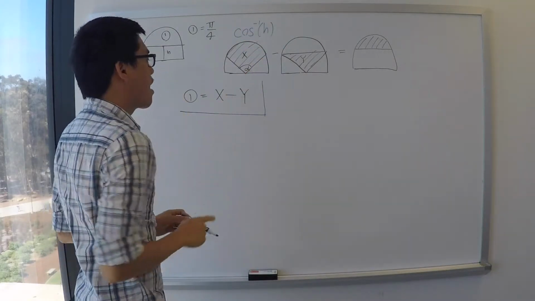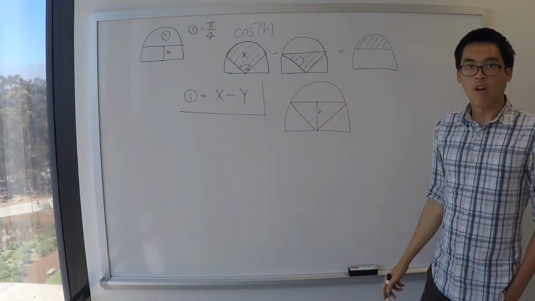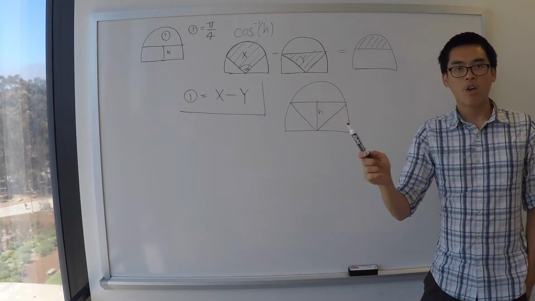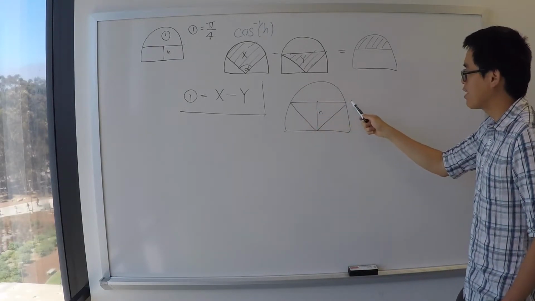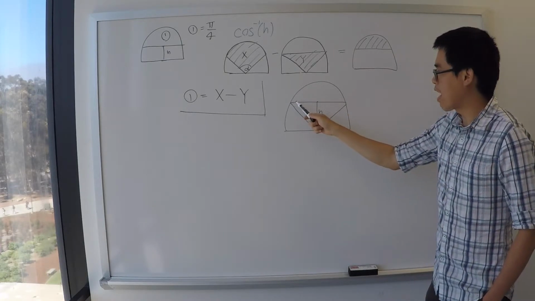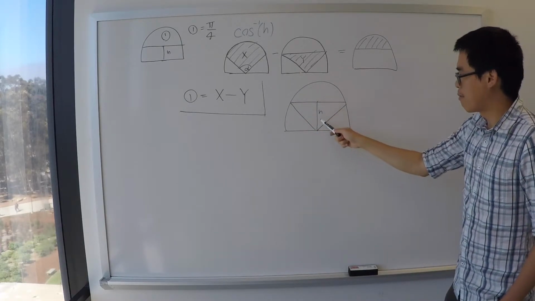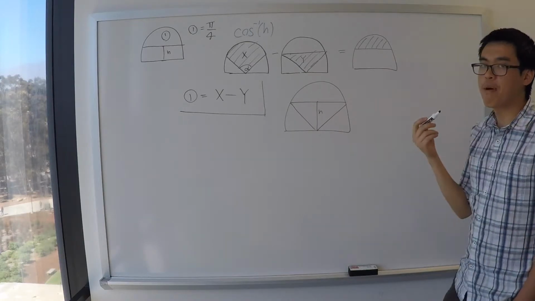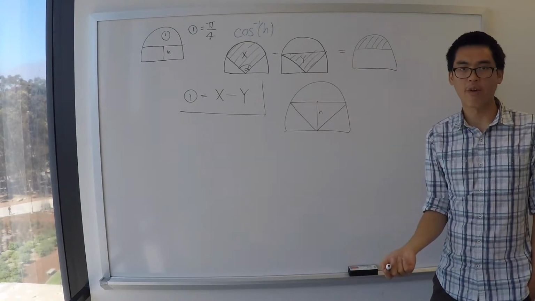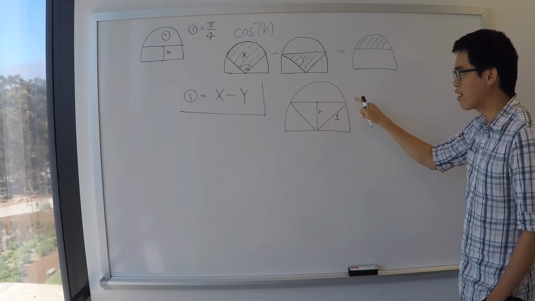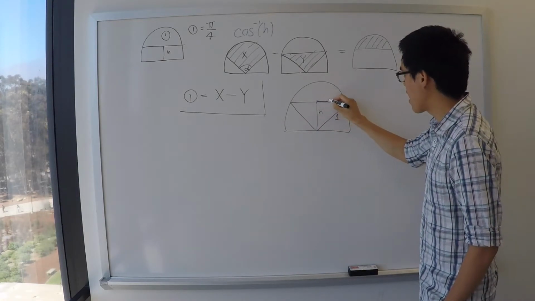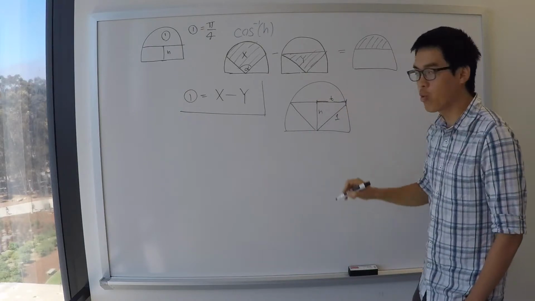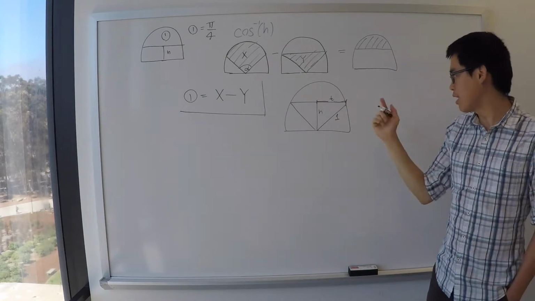Next up, the area of the triangle. The area of a triangle is simply 1/2 times base times height. So if we can figure out how long this base is, we can just do 1/2 times this guy times this guy. And this can be done using the Pythagorean theorem. We know this is a radius, which we assume is 1. This is h. So this guy, which is half of what we want, if we name it t, then t,